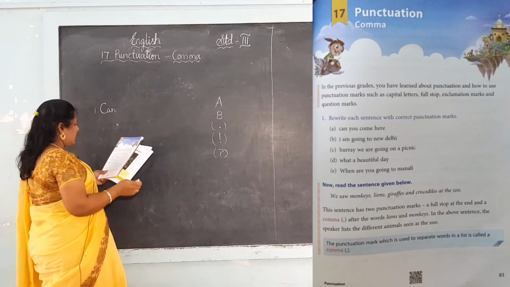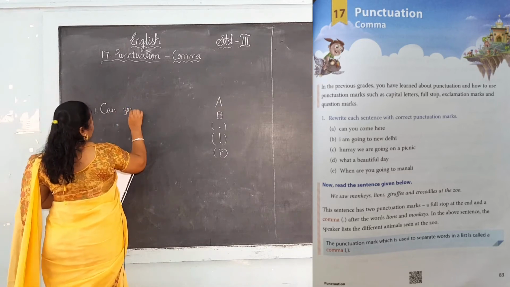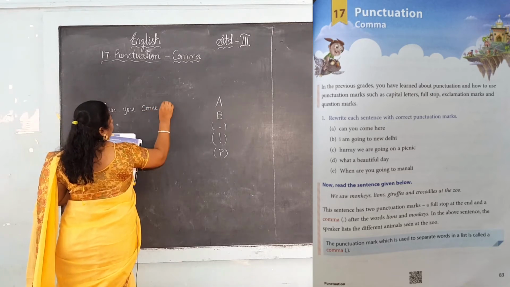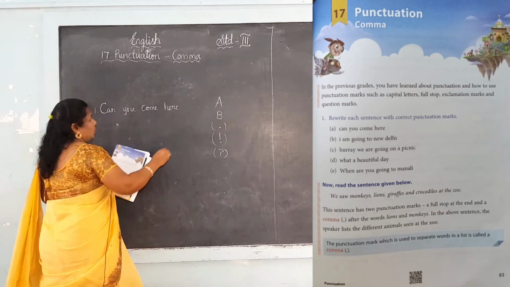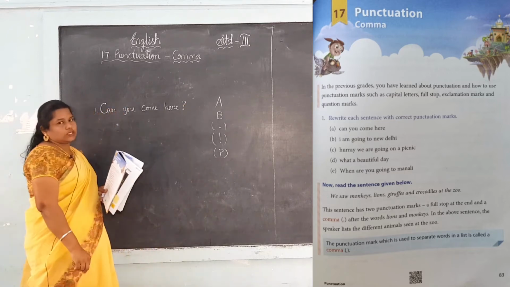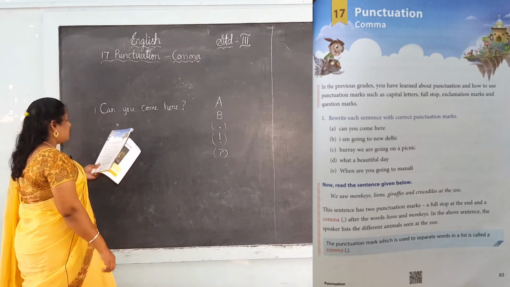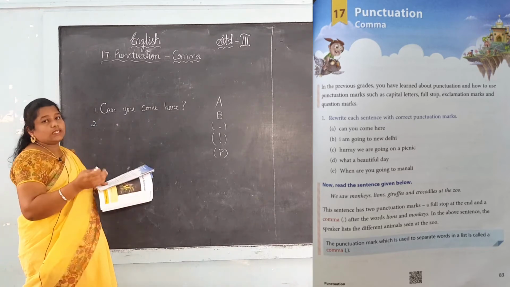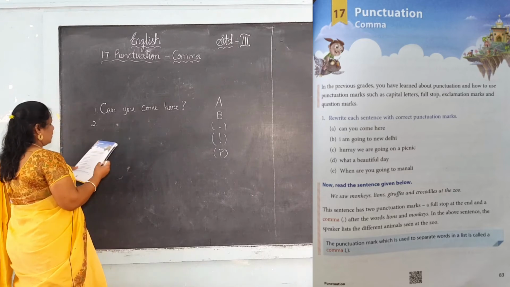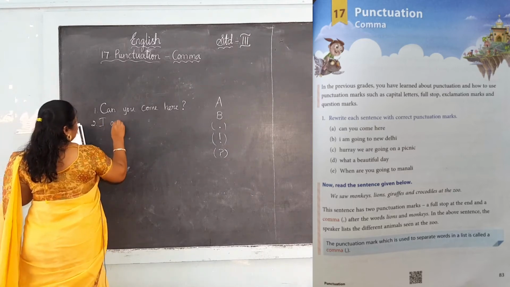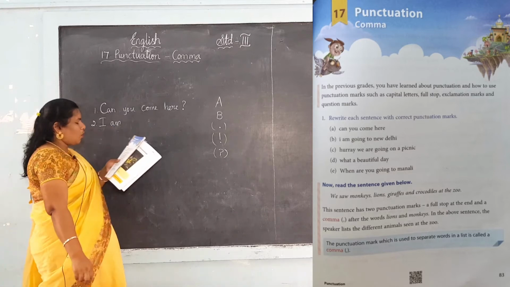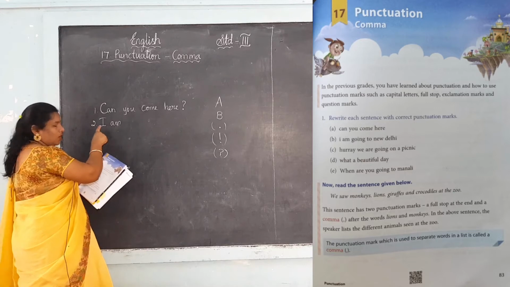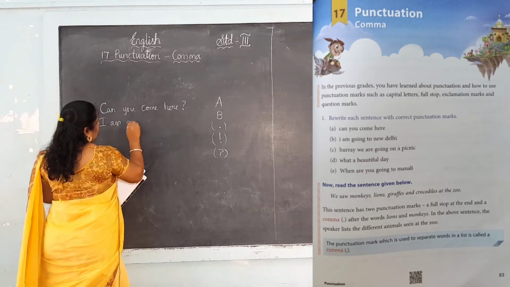Can you come here? See, can you come here? This is a question. Okay, next one. I am going to New Delhi. In the previous class things we are revising now, the previous grade thing. See, I is given as a small letter. First, in the beginning of the sentence we use capital letter. So, I am going